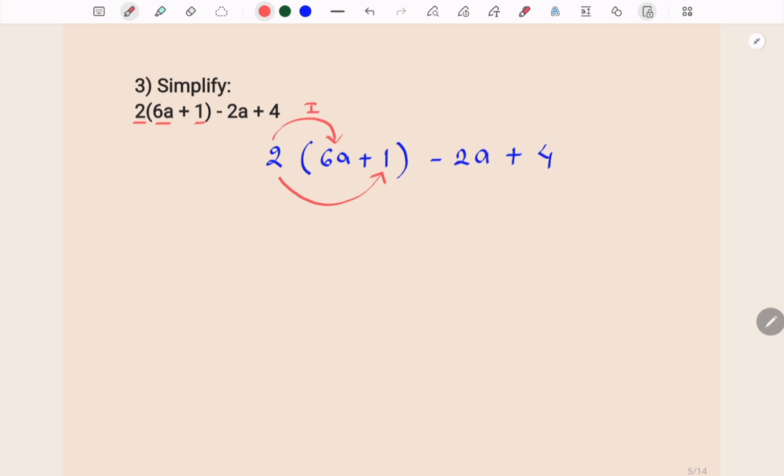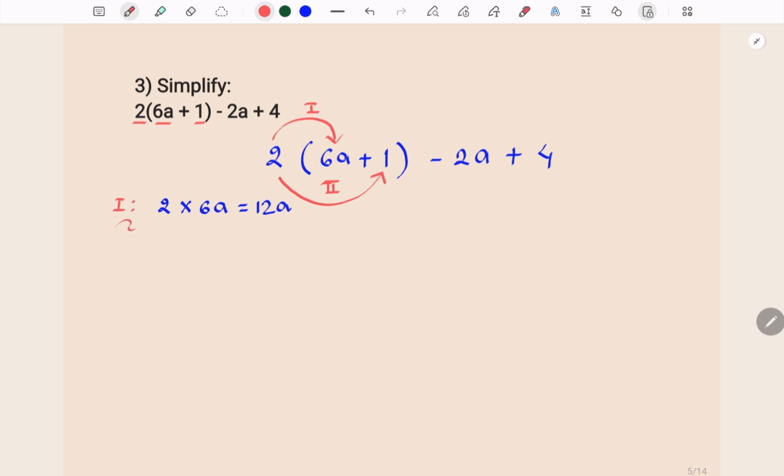This is the first one and this is the second one. Let me do these multiplications separately. Let's do the first multiplication here. I have to multiply 2 with 6a, right? 2 multiplied by 6a is 12a,